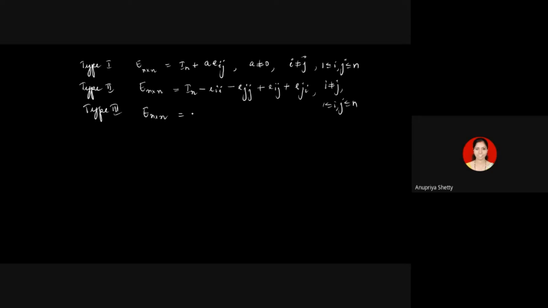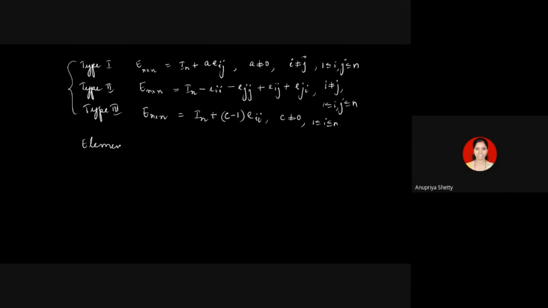So the third type, that is type 3 elementary matrices, n by n, is where you add a non-zero scalar in one of the diagonal positions after removing that integer 1. So you can write it as In plus (c minus 1) into Eii. c is a non-zero scalar, and this ith position can be any of the diagonal positions. So there are n possibilities, and the scalar c could be anything. You have infinitely many choices. So these are three types of elementary matrices.